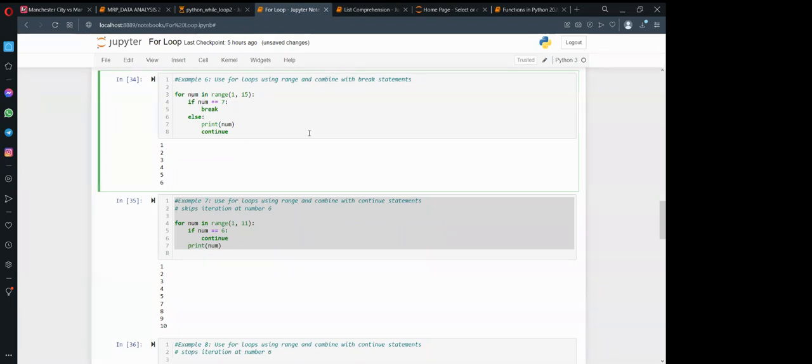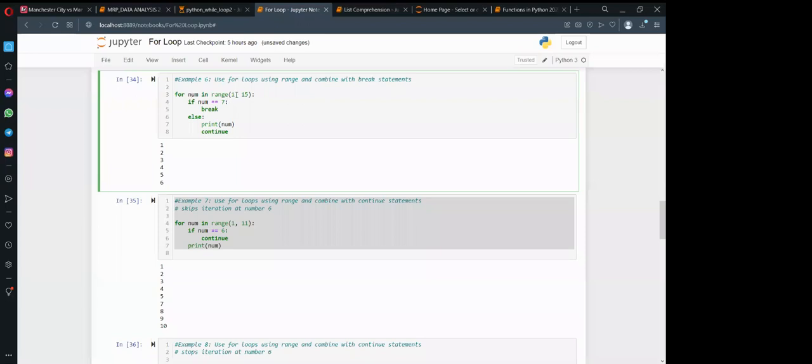For num in range 1 to 15, if num equals 7, you break. This was supposed to be generating 15 numbers, but it is terminating after generating 7 numbers.